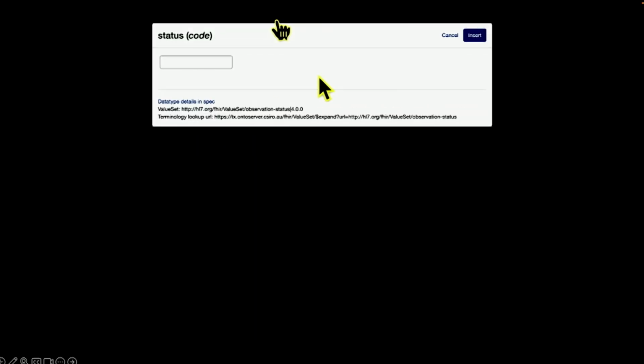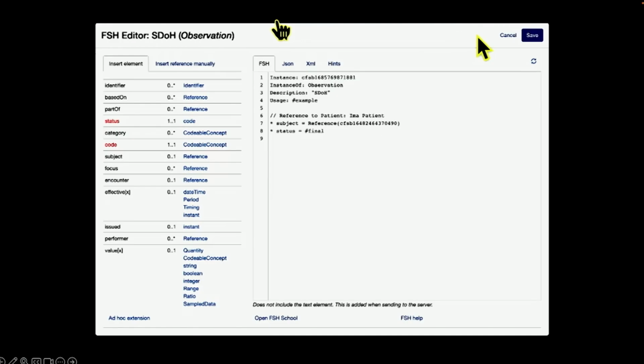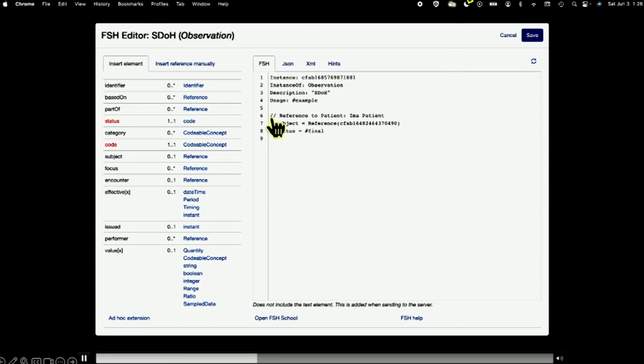Click on Code, and in a moment we see a required value set with 8 values. And since we already know the value, we'll select Final, click Insert, and you see that's been inserted in the FHIR shorthand code. Now, number 29,